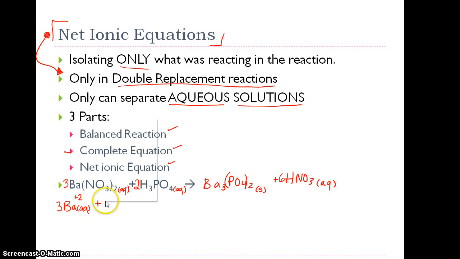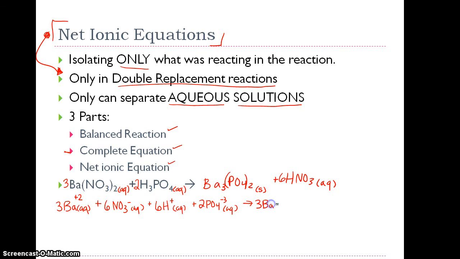Then we're going to have 3 times 2, so we're going to have 6 NO3 negative aqueous ions plus, this is aqueous so we can split it, we're going to have 6 H positive ions that are aqueous plus 2 PO4 negative 3 ions that are aqueous, forming